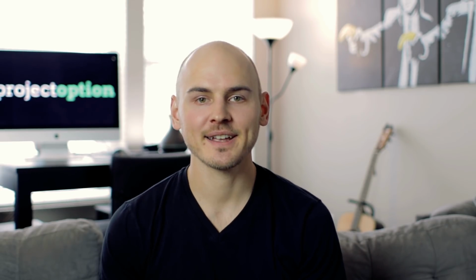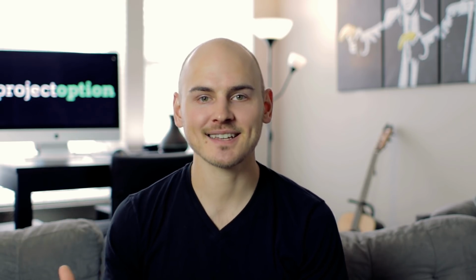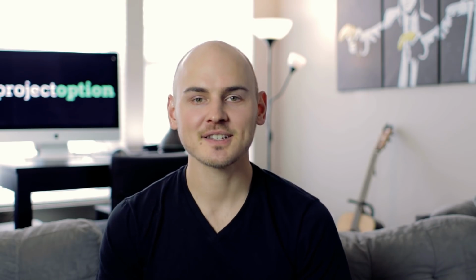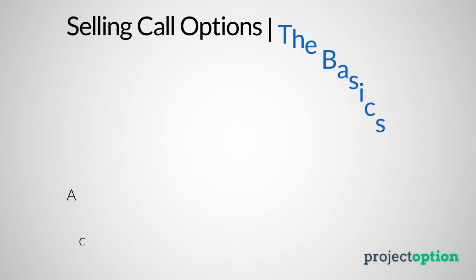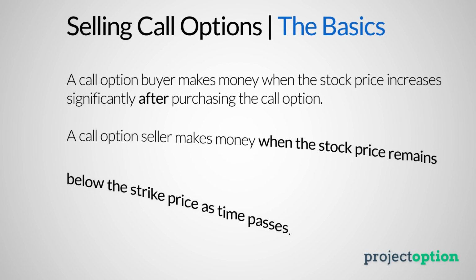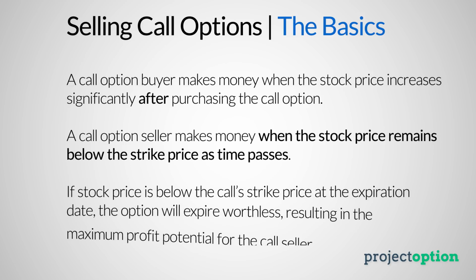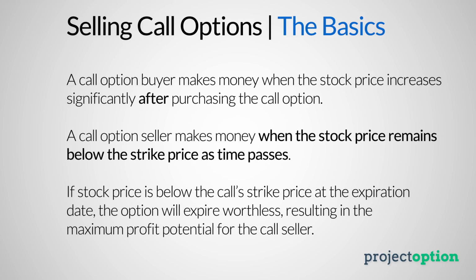Now, with that said, it's possible to make an options trade that profits when the stock price remains below a certain price as time passes. One way to do that is by selling call options. As I discussed earlier, call options increase in value as the stock price increases, but on the other hand, they lose value as the stock price decreases or as time passes while the stock is below the call's strike price. So one trade that traders sometimes make is called selling a call option or shorting a call option,